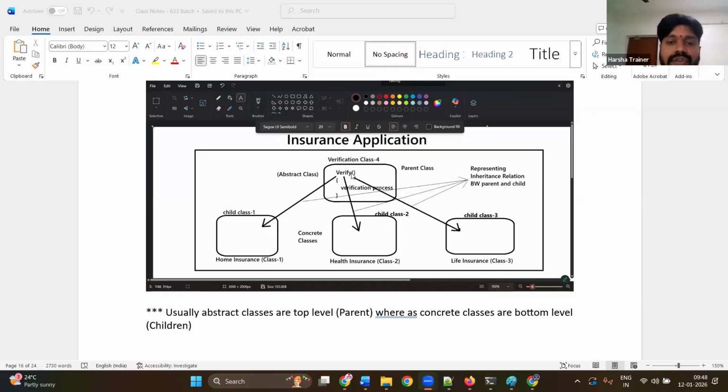In a real business, the verification department does not initiate any transaction. They won't create a home insurance, health insurance or life insurance transaction. But any transaction created at the respective departments will be taken by the verification department for further verification processing and given back after completion. So a transaction cannot be initiated there but can be taken for processing. If you want a class where a transaction should not be initiated, you create it as an abstract class. If you want a transaction to be initiated, you create that class as a concrete class. Are you clear, every one of you? Any doubt, you can ask me.